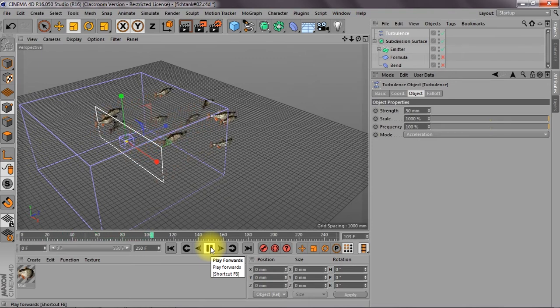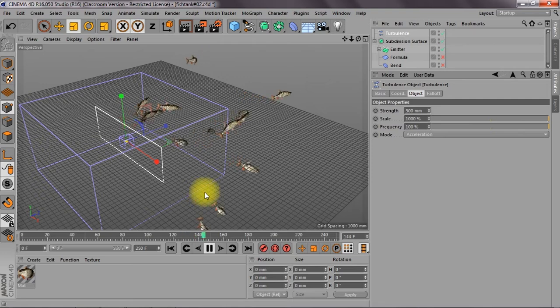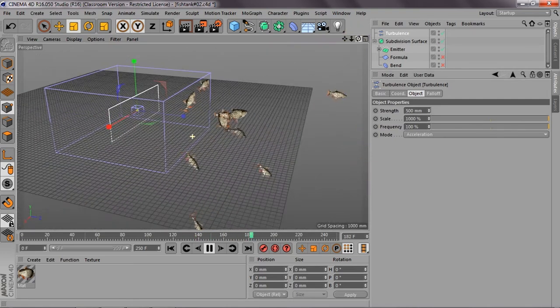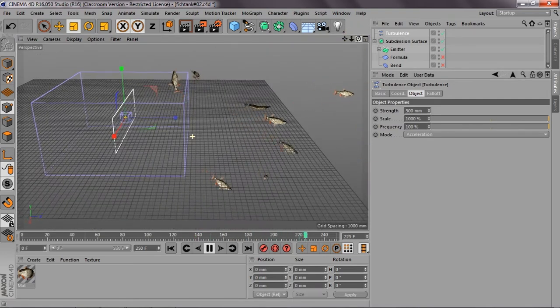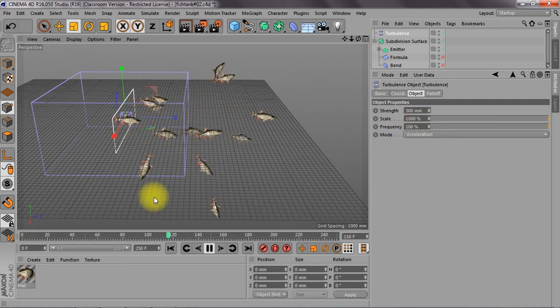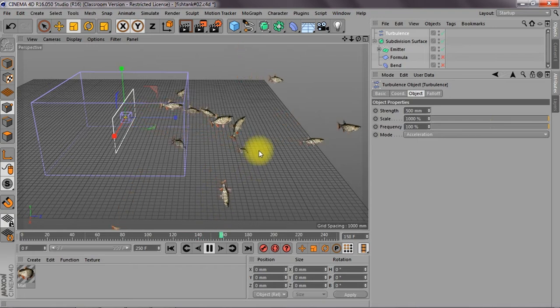Is it doing anything? No, this number is too small. Hang on. Let's make this 500. Roll back. Yeah, here we get the effect. See, I don't know what the hell is wrong with the fish, but they're swimming all over the place. The effect is too heavy, so the fish get sick, and they're actually swimming down. But what you can see is that they actually do follow the z-axis